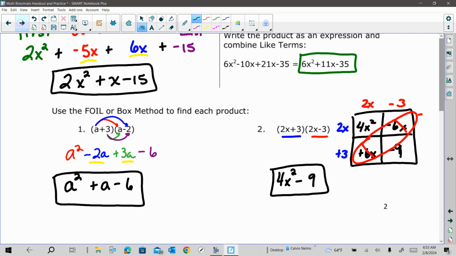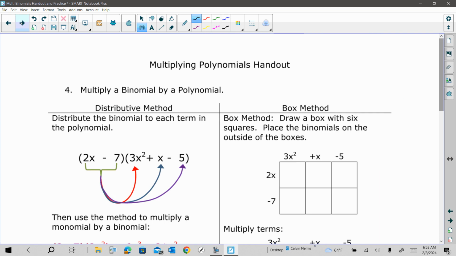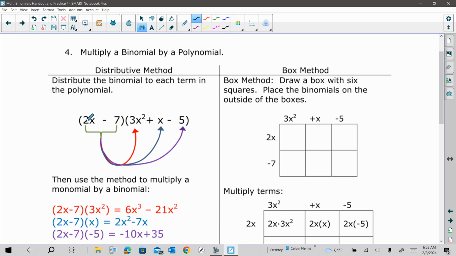So on the front of this page was the binomials. On the back, if you look here, we have a binomial and a trinomial. That means 3 terms. So on this first example, the 2x minus 7, that's the binomial. But 3x squared plus x minus 5, that's the trinomial. There's 3 terms here. So instead of doing FOIL, we just do what we call the distributive method. And we're going to distribute